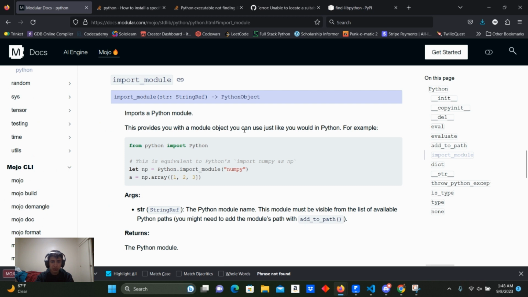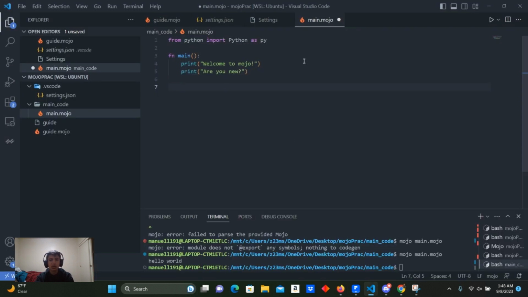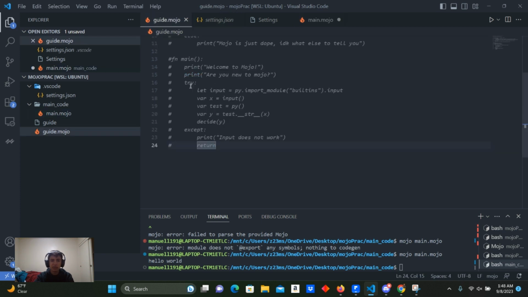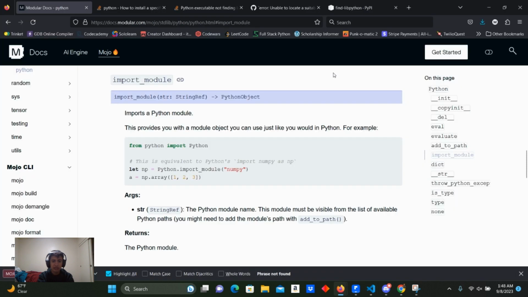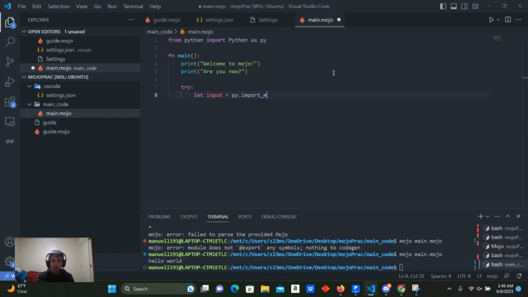This is the most important one. You could import a module. So we are going to run. Okay, I forgot the exact reason that this error shows up, but we do need to do try. Now let input. I'll explain it after I do all this. So py dot import module. The module name we want it to be